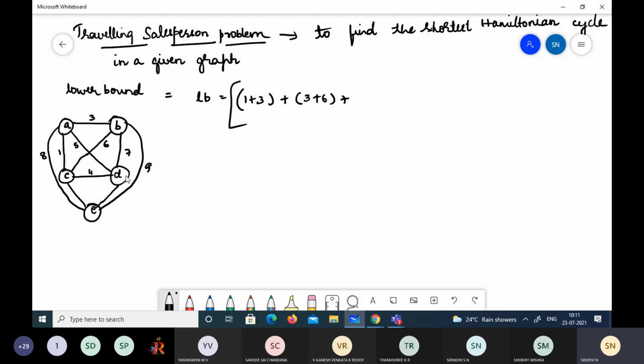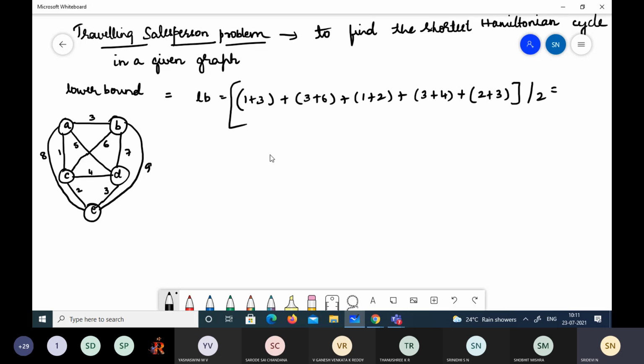3 plus 6. Then for C, here I write down, this is 2 and this is 3. Now B to C is 6. So among 1, 6, 4, the smallest are 1 plus 2. From D, 3, 4, 5, 7. So 3 plus 4. Then from E, which are the cities? 2, 3, 8, 9. So among these, the smallest are 2 plus 3, divided by 2.